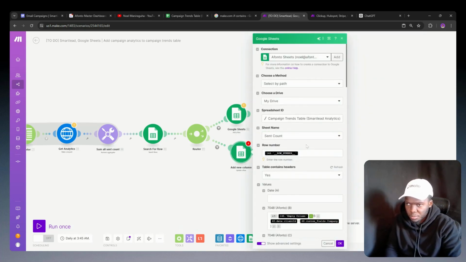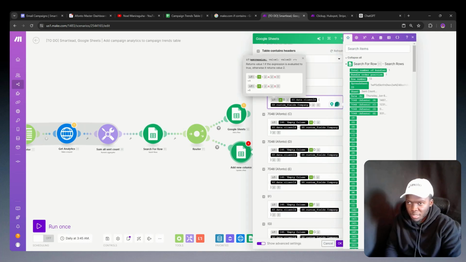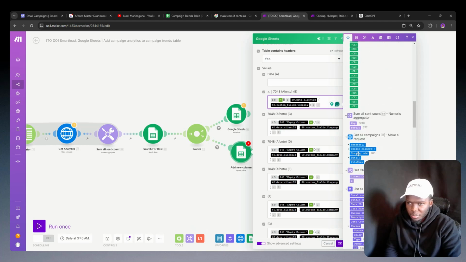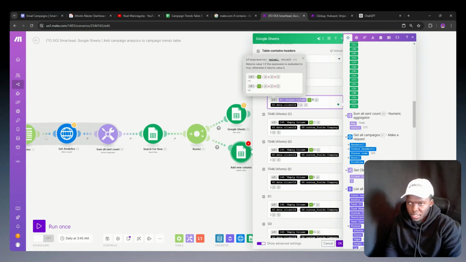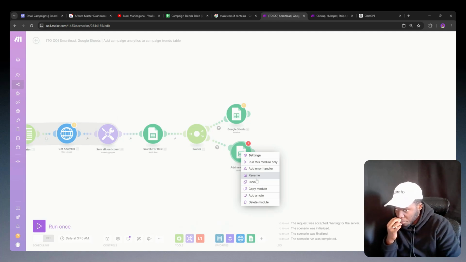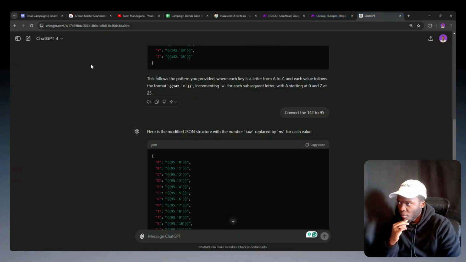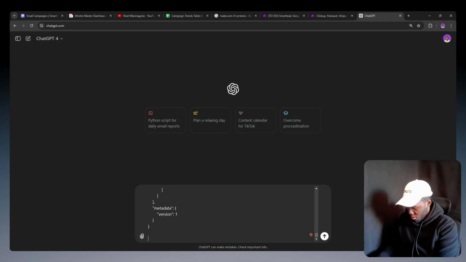We're going to do this like this. So row number, we're going to get this first one to be right. So this is going to be the client column. If the client column is B, we want to plop the result in here. And then boom. Okay. And then we want to copy the module, and then we want to go here. So in this JSON file,